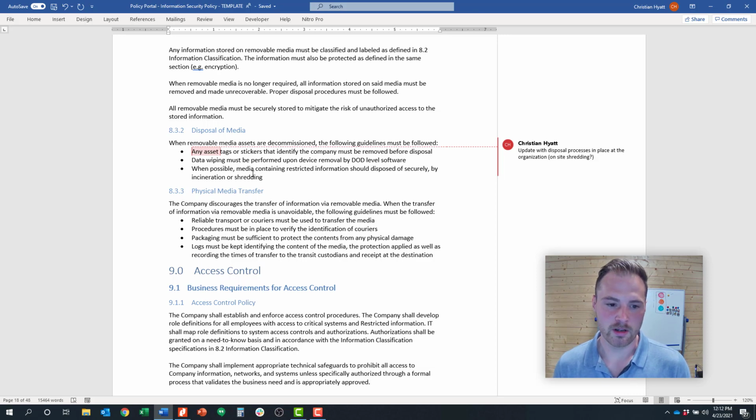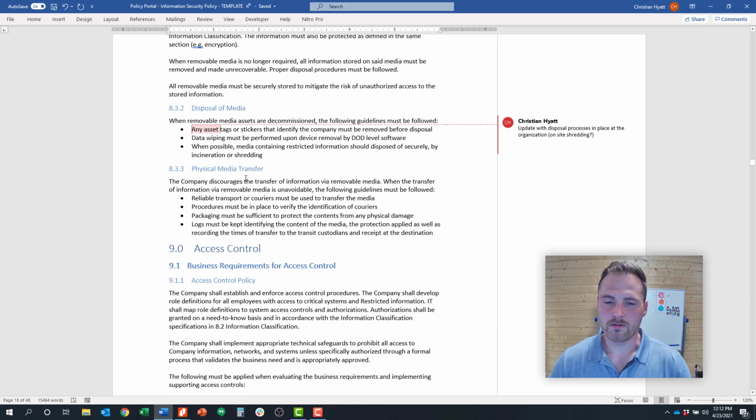media transfer mechanisms. The last one on physical media transfer, this is going to vary widely, like I said earlier, from organization to organization. If you're a modern tech company and you don't really use any physical media, it might be fairly easy. You're only thinking about maybe endpoint devices, laptops, mobile phones. But if you're an organization that has a lot of infrastructure and you're transporting data offsite via backups, or you literally have to take servers from one site to another, something like that, you'll need to consider those types of situations and build them into your policy, and that'll be part of your greater strategy. So that is media handling of control objective 8.3.